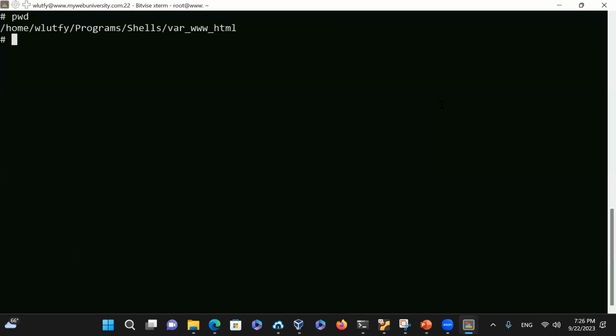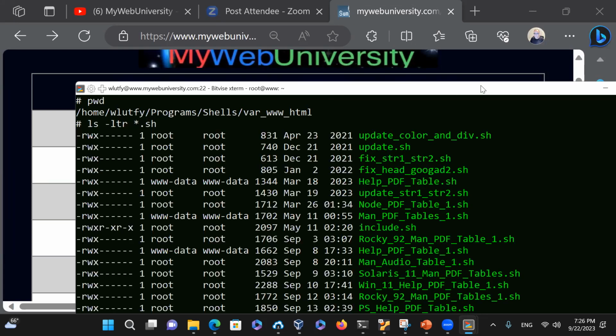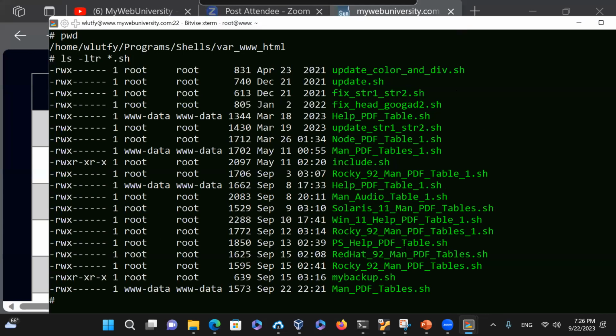So I'm going to just go here, and at this time I'm going to do whatever's with Windows 11. So if I just say okay, ls minus ltr.sh, there's a lot of files with names there, but you have